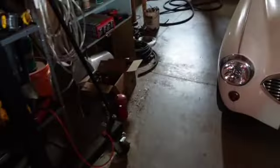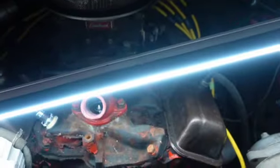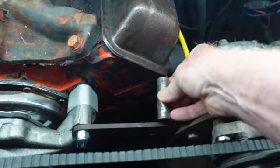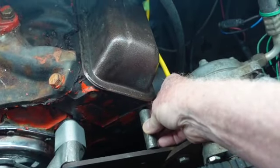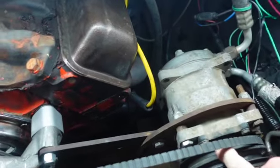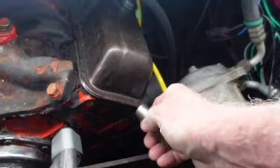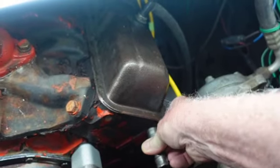Okay, let's go see. Curious? I am. I was born curious. Okay, so here we are. There's that tube I just found, and look at this. See, it goes right in there. And the belt looks pretty good, and Vintage Air will give you the 2 grooves. Groovy, huh? And maybe I can get that to, when I tighten that down,